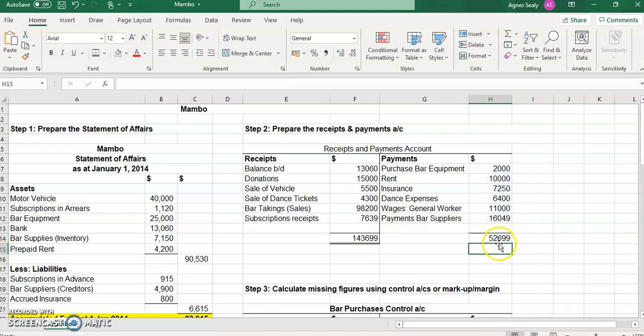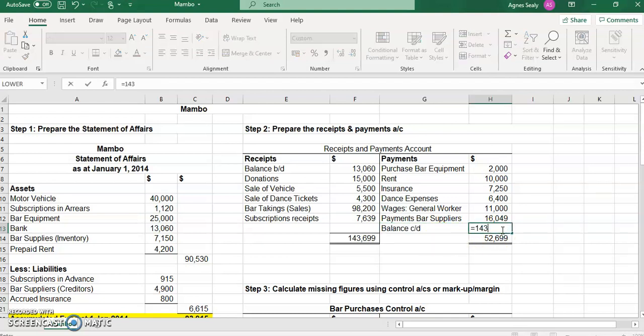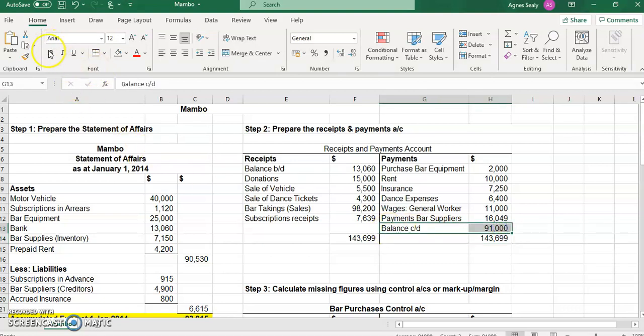And if we add our payments total, $52,699. So basically what this is stating is that during the year, the club received $143,699, and out of that money they spent $52,699. So what we need to find out is what is left over, and that is called our balance carried down for the bank. So $143,699 minus $52,699 gives us a closing balance for the bank of